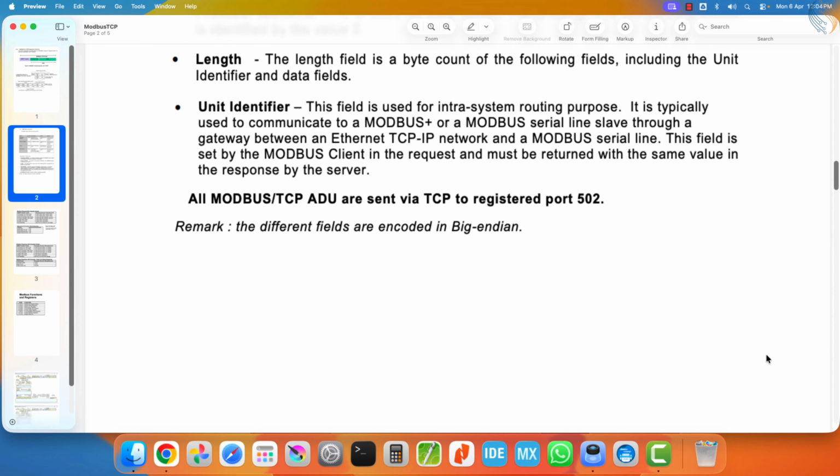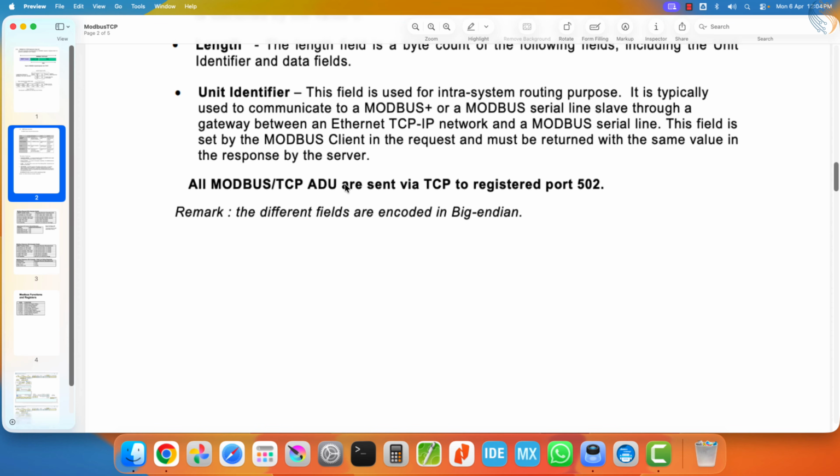One important piece of information to remember is that all Modbus servers must be registered to listen on port 502. The server must be actively listening on this specific port for incoming connections. Additionally, all the different fields in the Modbus TCP frame are encoded using Big-endian format. This means we need to keep this in mind whenever we are extracting data from the frame, or combining multiple